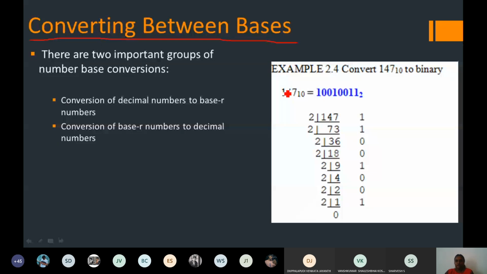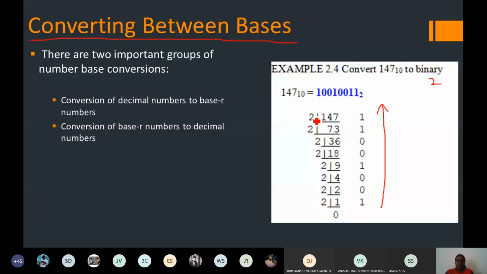What you will do if I want to convert 144 to base 10? That means this is actually a decimal number to binary, which is going to be of base 2. So you will just divide it by 2 until 0 is coming. After that, you have to read from bottom to top to represent it in the form of binary. Okay, so this is a simple conversion. If I am asking you to convert to base 3, I think I have an example here. I hope you can understand this.